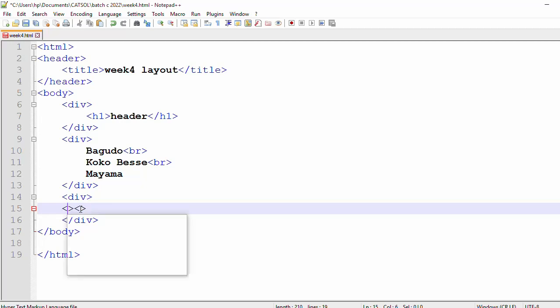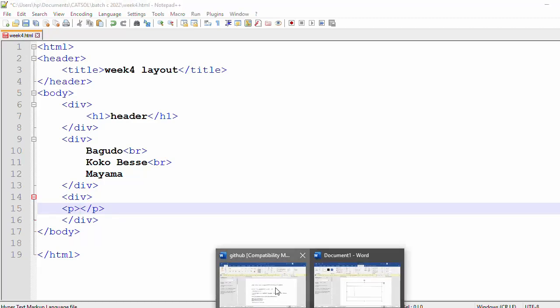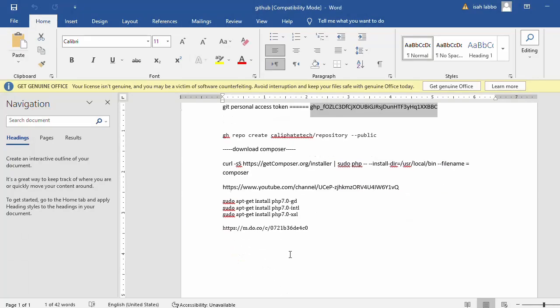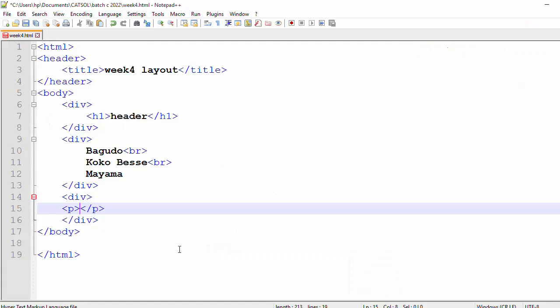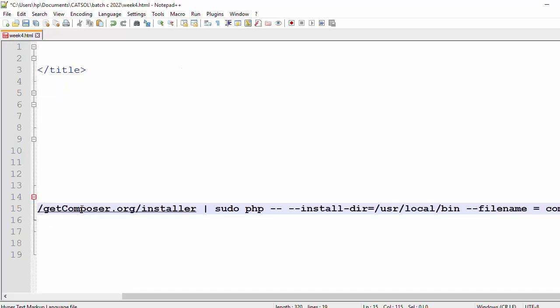Let me see, P here and P here, yes, and then do we pass the content here? But now where can I get a lot of content there? No way, right? Let me just copy this and then replace it. Okay, copy, then I go to my code inside my paragraph here, then I'll paste this long code here,